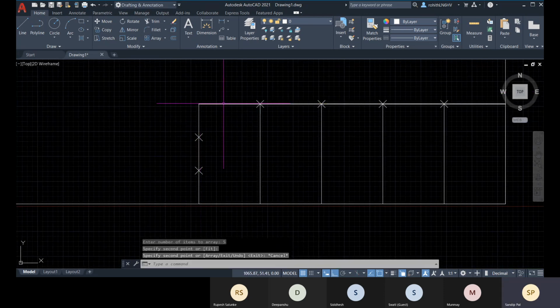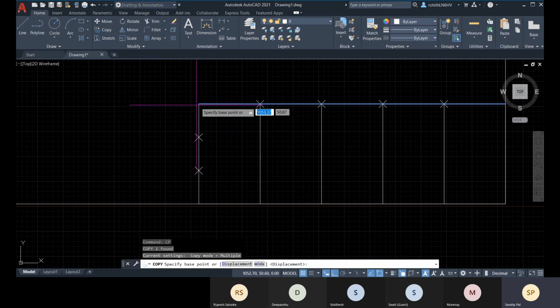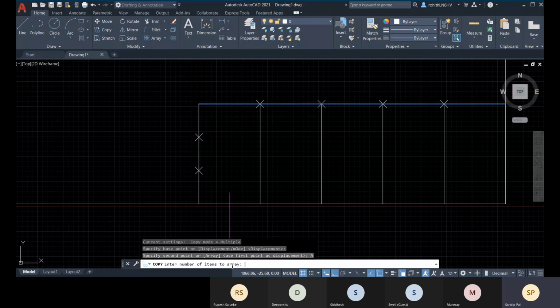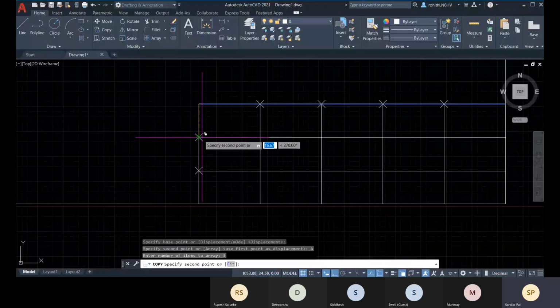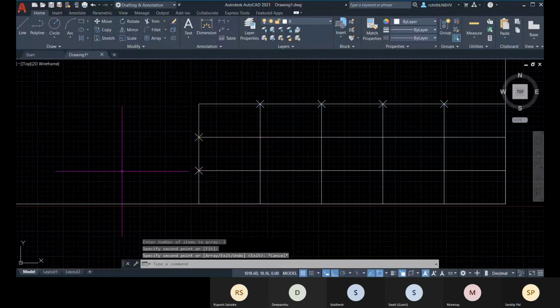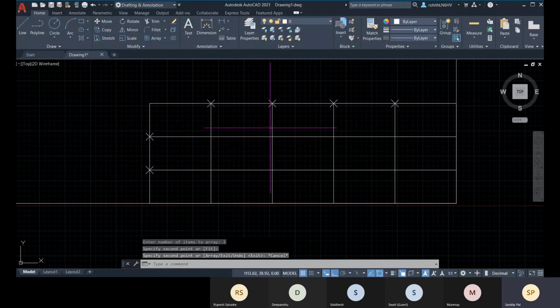Now let me select this horizontal line. CP is the command, or CO is the command for copy, and this as a base point. And after that, go for array and then specify the number of items, that is 3. And these are going to be the